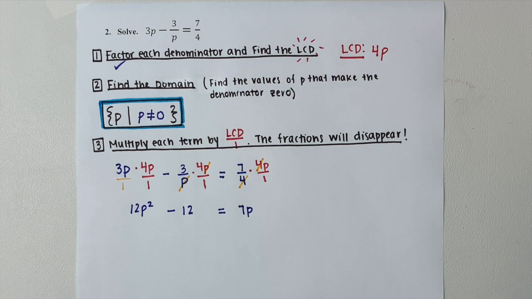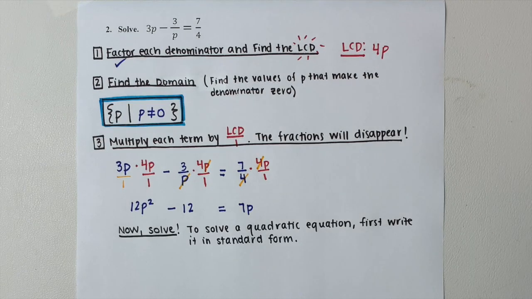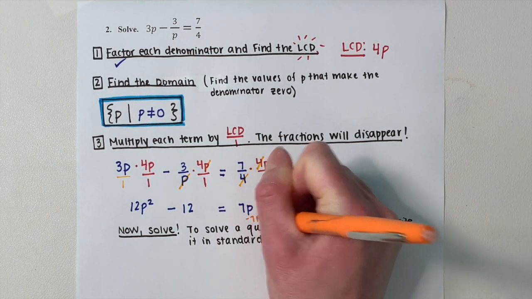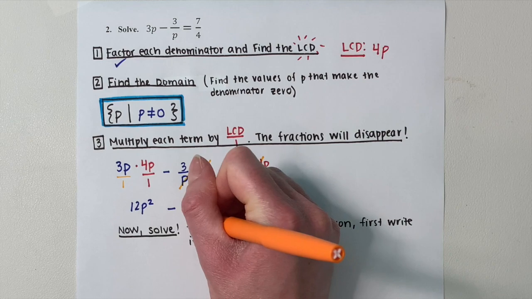Now we need to solve this equation. Notice this equation has a squared term, so we call this a quadratic equation. How do we solve a quadratic equation? We learned how to solve quadratic equations in Chapter 4, Section 8. To solve a quadratic equation, the first step is to write it in standard form. That means we want to have 0 on the right. So to get it in standard form, let's subtract 7p from the right, and then we'll subtract 7p from the